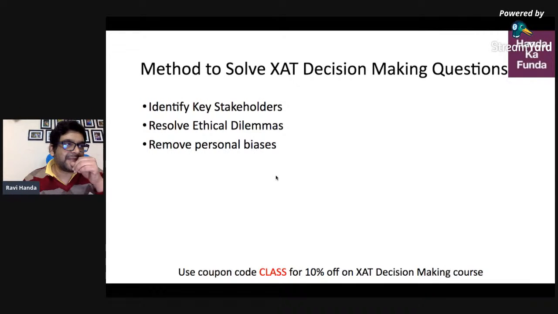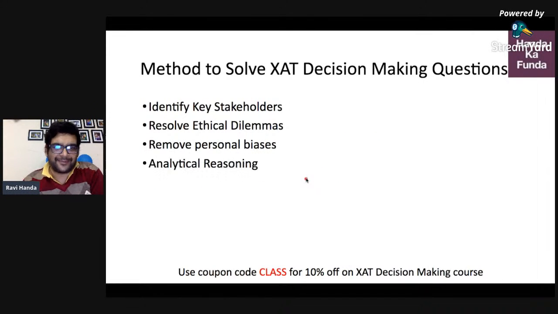Remove personal biases. Now, there might be people who believe that a lot of doctors are bad doctors because they prescribe a lot of tests, because they give unnecessary operations and stuff like that. So you can have that sort of a viewpoint about doctors, or you can have an alternative viewpoint about doctors, that doctors are the most noble profession. They actually save lives. They work really hard, and in the current crisis, they are kind of our frontline workers. So you can have both the opinions, but when you are solving a decision-making question, you need to remove any personal biases that you have before actually taking a call on that.